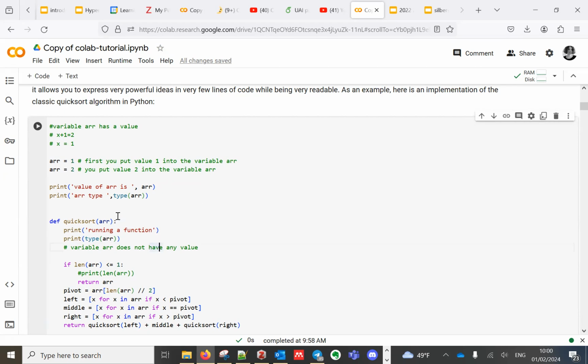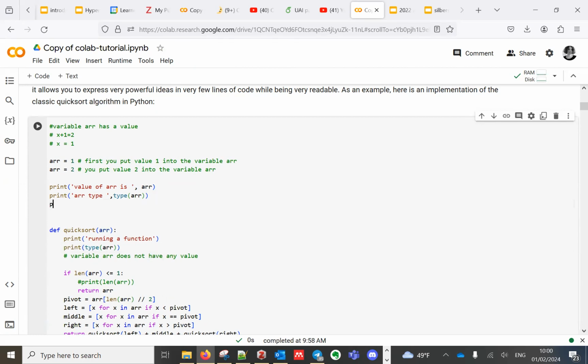But the trick is that variables can change not just values, but also data types. And that's the magic of it.